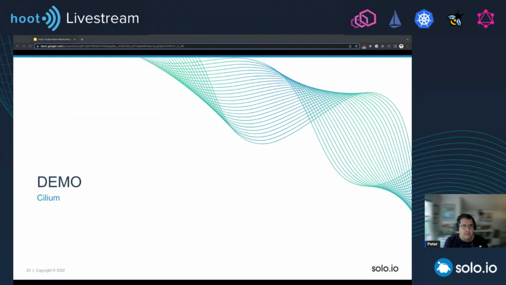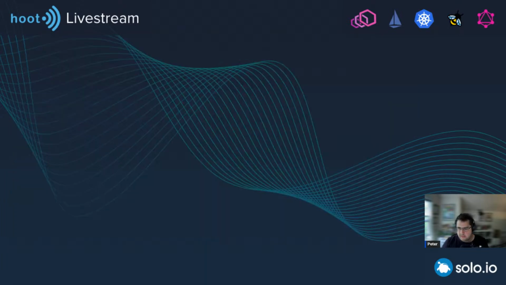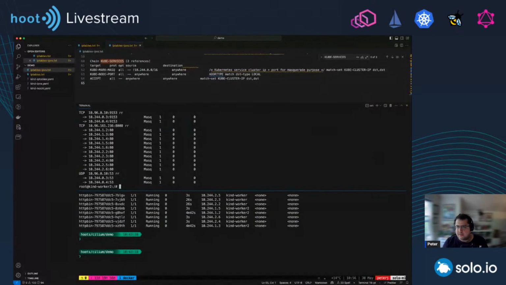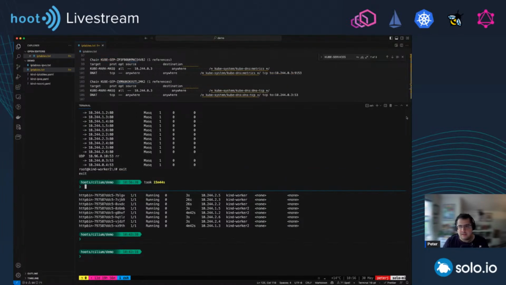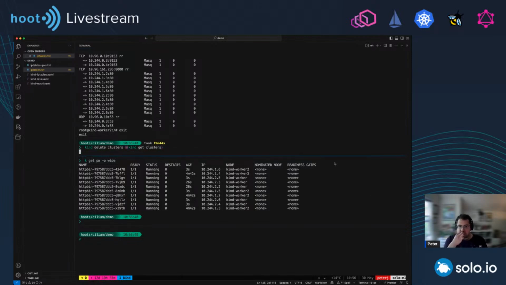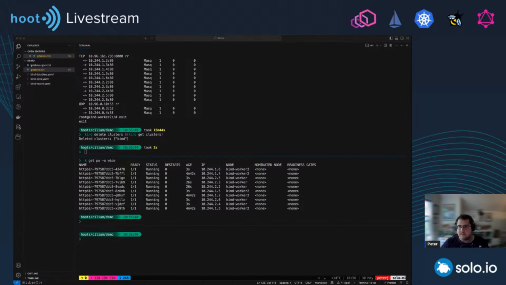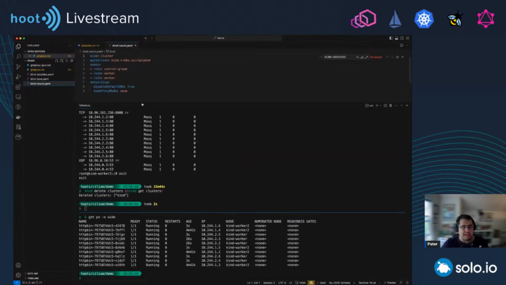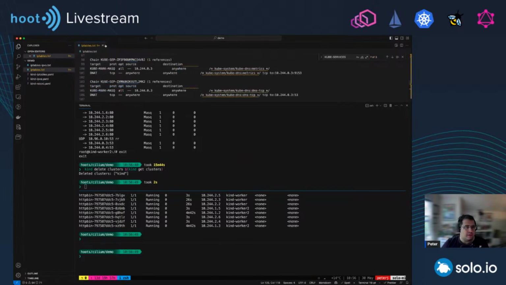All right, so we came to the last quick demo, and I'll do this very quickly since we're already at time. Let me stop. I would love to take any more questions while I'm setting this up, if anyone has any. All right, so we're here. Let me close this, exit from here, and we'll delete clusters and create a new cluster for Cilium. But what I'll do is I'm still using, whoops, let me close this.